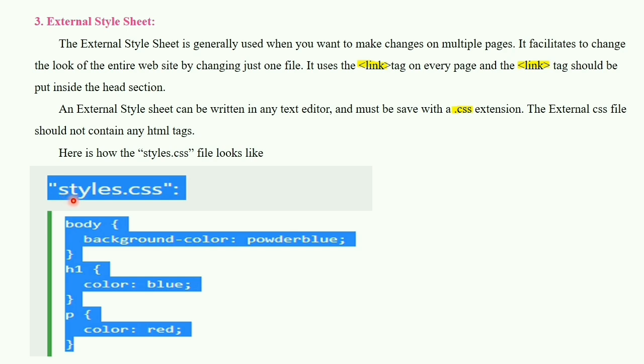Here there is a styles.css file which contains selector body having the property background color powder blue, selector H1 having the property color value blue, next selector P having property color and value red.